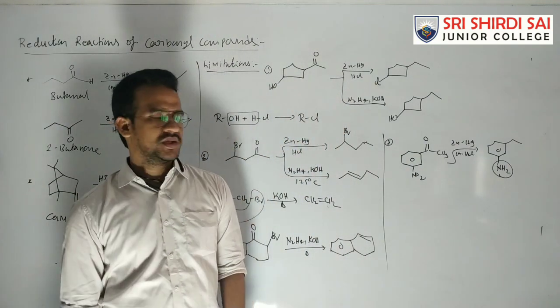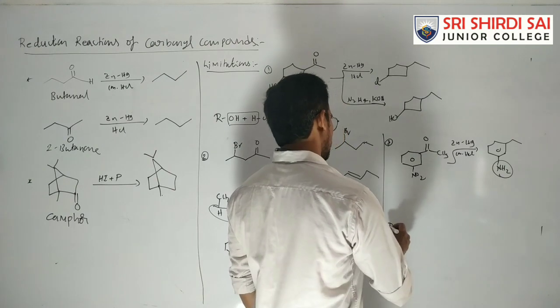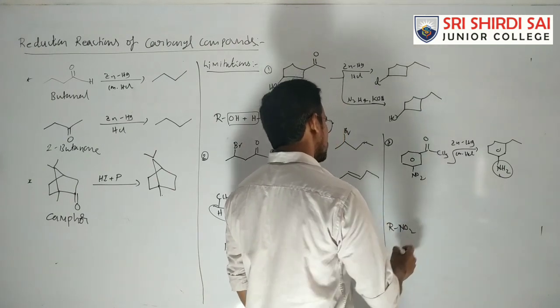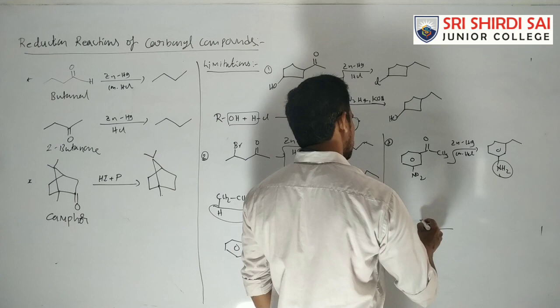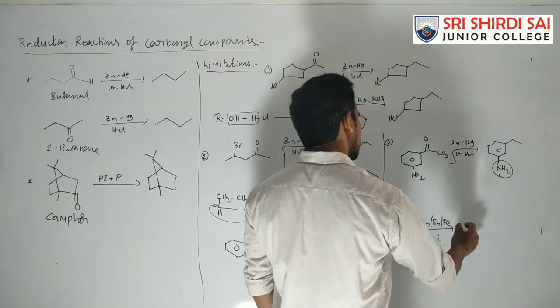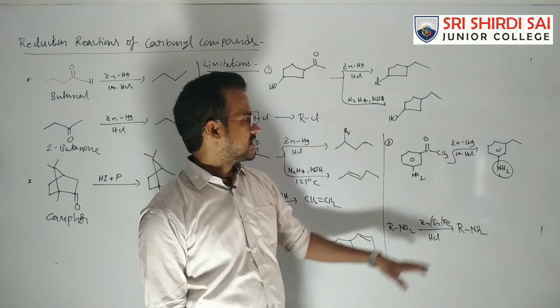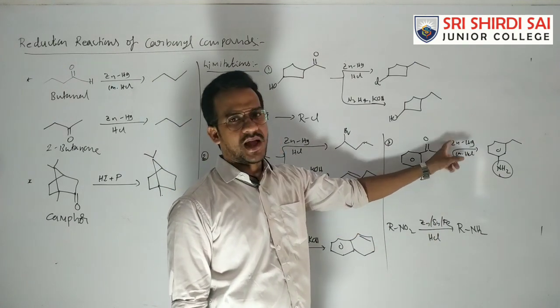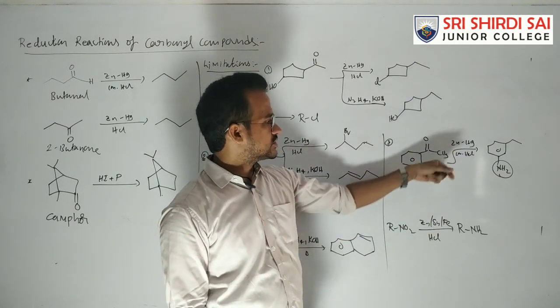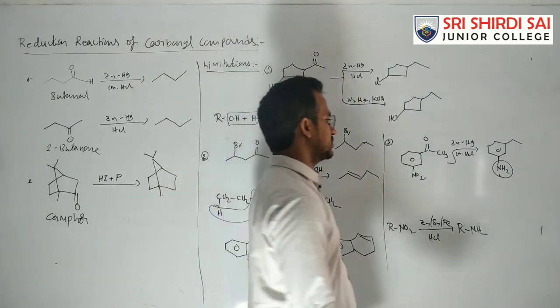NO2 is reduced to NH2. Generally we know that nitro compounds, on treating with zinc, tin or iron in the presence of HCl, are converted to NH2. So in this case, with the same reagents, HCl and zinc, this NO2 is also reduced to NH2. Additionally, C=O is converted to CH2.